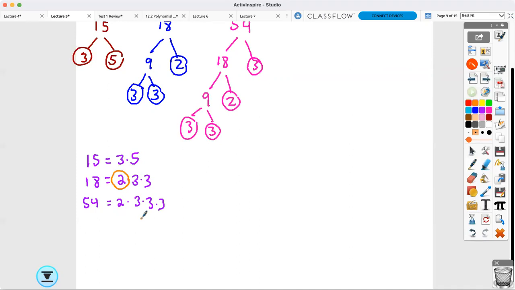Now we gotta see which one has the most 3s. The 15, the 18, or the 54. Which one has the most 3s? The 54. So circle those 3 3s. Now, am I done, or is there another factor that I'm missing? The 5. The 5, good catch. That is step 2. We did step 1 up here. This is step 2. Now for step 3,